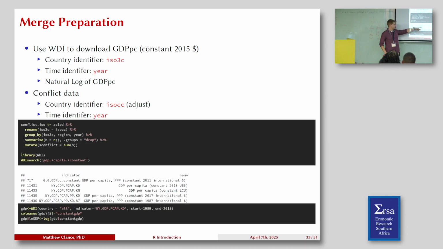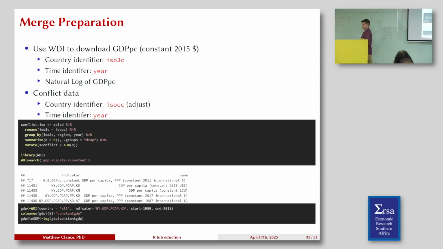So I could have got it in constant 2011 dollars, or international dollars actually, 2015, which I used. LCU is, I always forget what that is. And then international dollars and 1987 international dollars. So basically these are all the choices I could have chosen from. Once I have them, I can basically tell it to grab that particular one for GDP. And then I can also make sure that everything's matching in terms of my information. So I've already modified the log GDP capita.